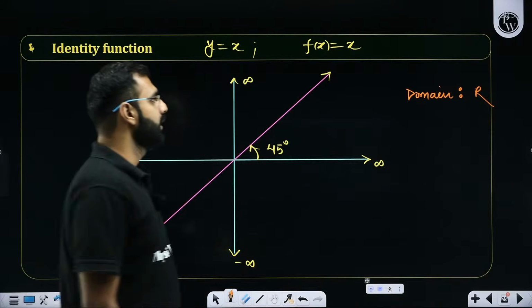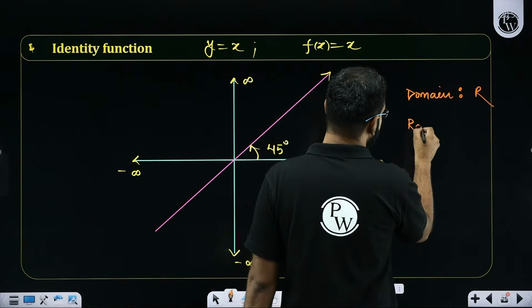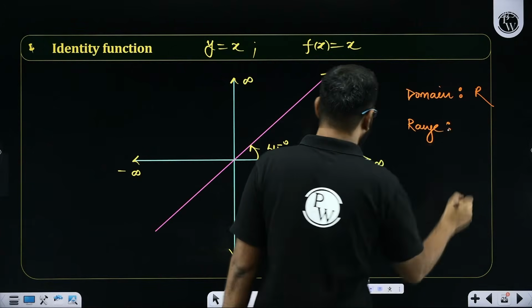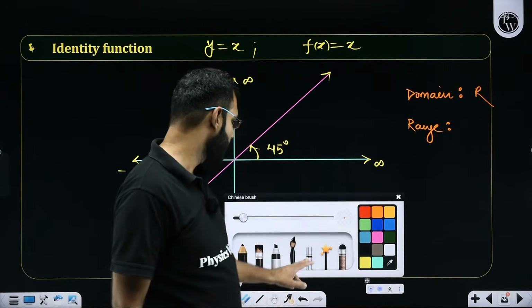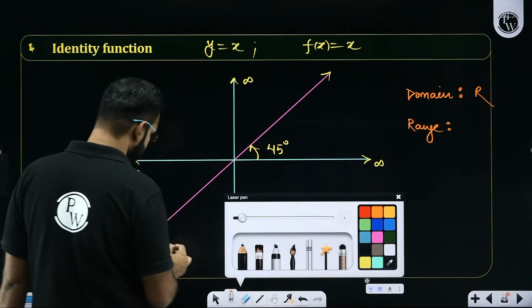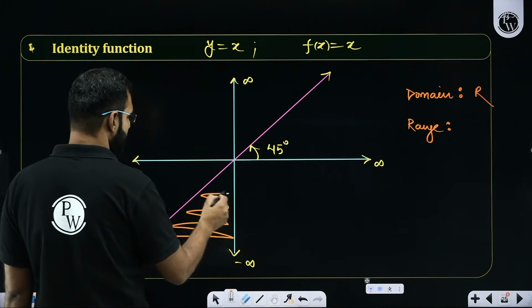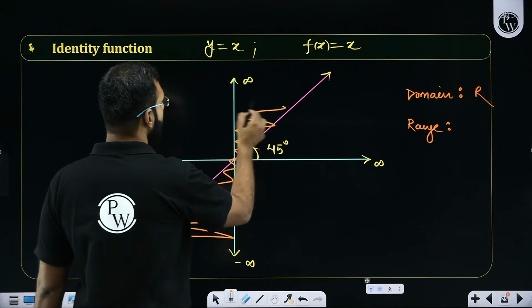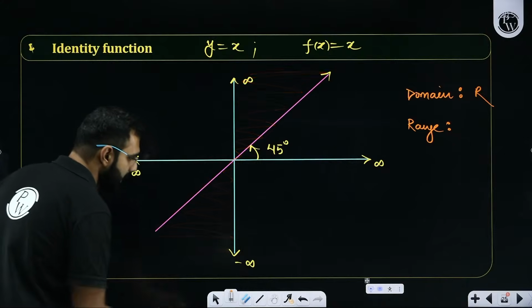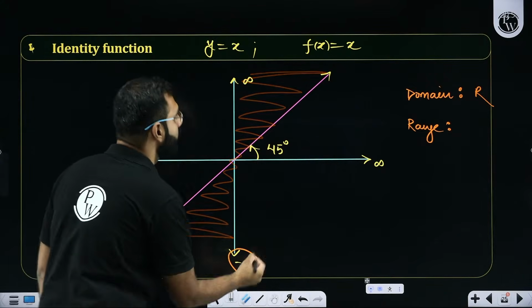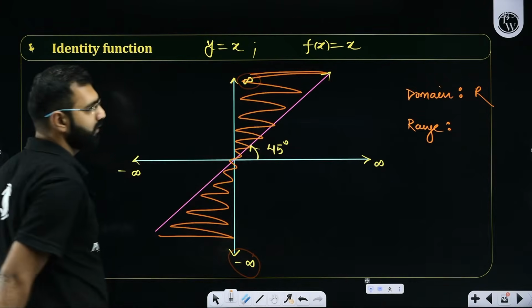Yes or no? But sir, what about the range? Can somebody help me with the range as well? What do you crack range as here? I hope some of you must have noted it again, that along with the y-axis, whatever values are getting produced is going to be the range. And sir, I'm seeing the existence of the graph from minus infinity to plus infinity.